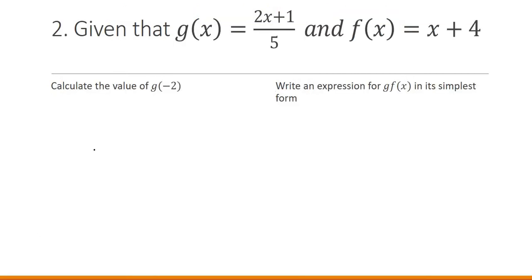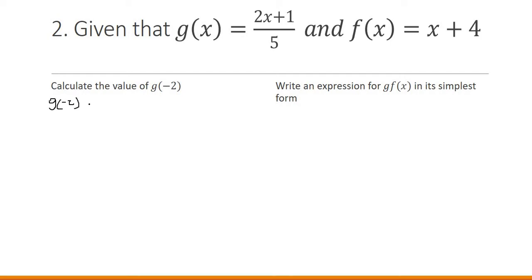Question number 2. Given that g of x is equal to (2x plus 1) all over 5, and f of x is equal to x plus 4, calculate the value of g of negative 2. What this means is, substitute negative 2 into the function g of x. So therefore, we know that g of negative 2